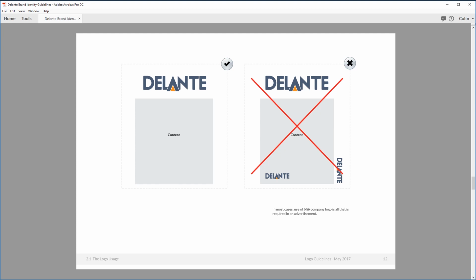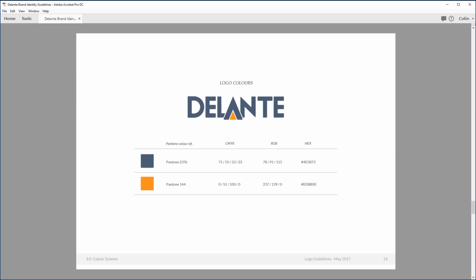the advert. Then we've got the colour scheme itself, and on this page what I've done is I've got two blocks here for the two colours. Now the logo may have 3 colours, it may have 4, but what we do is we specify the Pantone colour references, CMYK, RGB and hex codes. That way it's a very easy reference if you need to give a colour code to a printer or anyone else that's producing a piece of branding material for you and they require your logo colours. You can quickly give them to them without having to go back to your designer and ask them what the